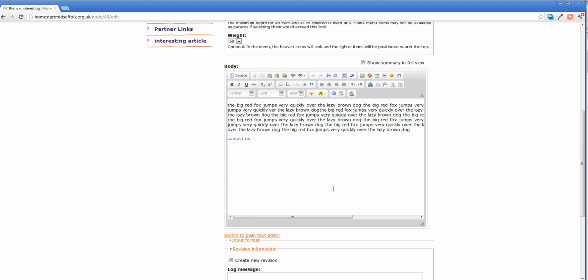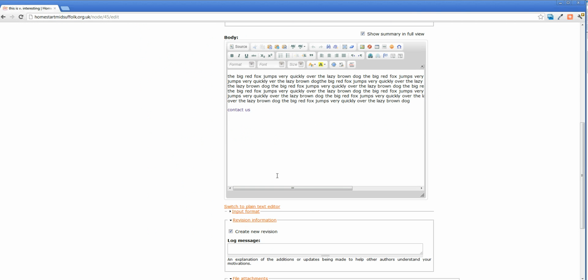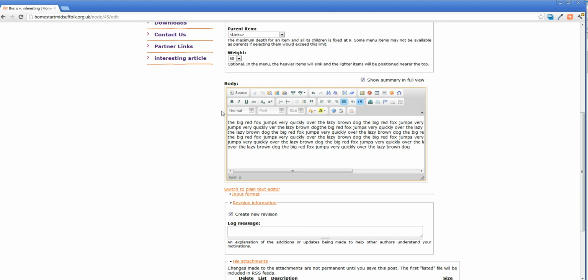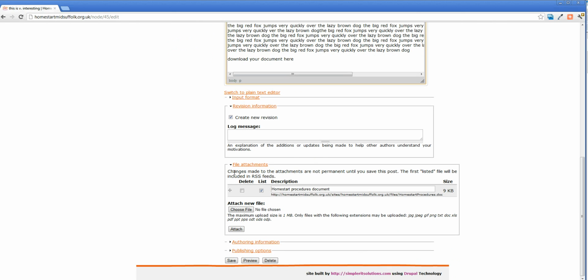Sometimes you might not want that clunky feel, and perhaps you just want to have a download link within the actual content itself. Well, that's actually quite easy to do. So if we say download your document here, if we go down to the file attachment page, we actually have the URL of where the file is stored. So if we were to copy that,